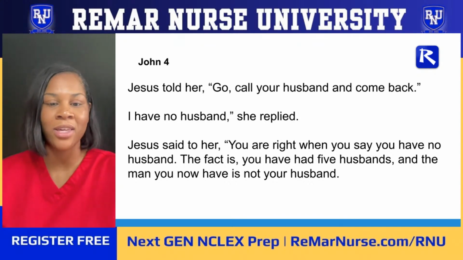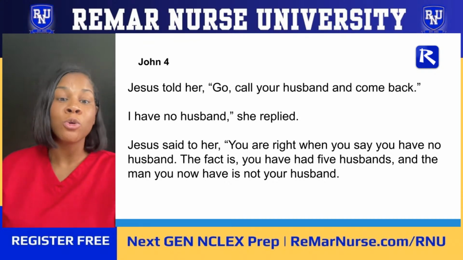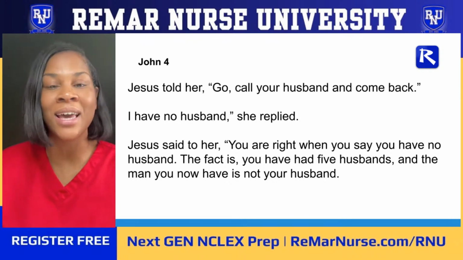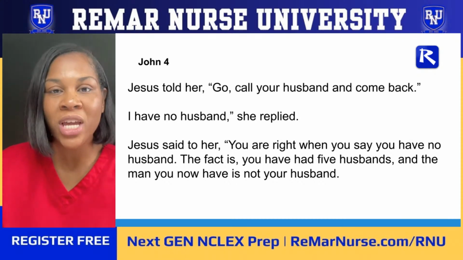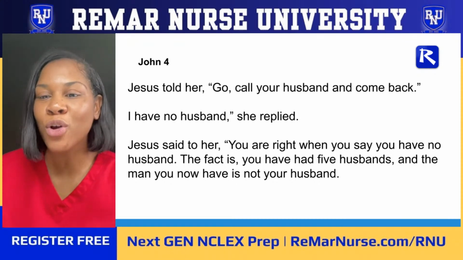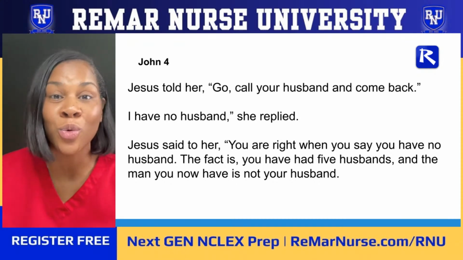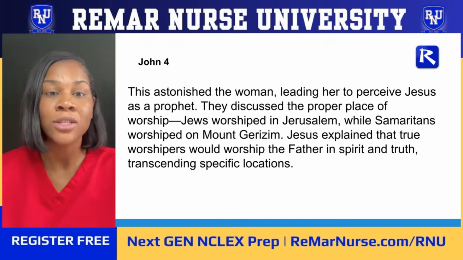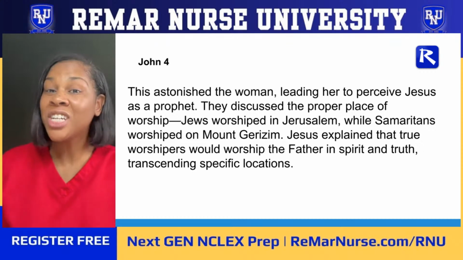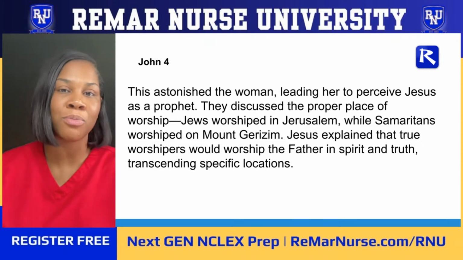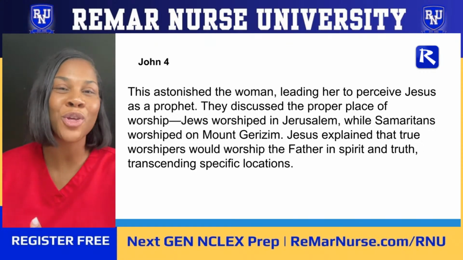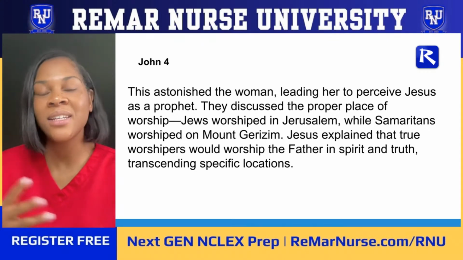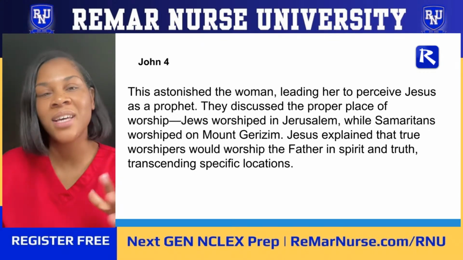Oh man, y'all have no idea. And so she has to reconcile to herself, because if somebody came at you and said that what you're doing is wrong and you keep doing it over and over again, you're going to die doing it the wrong way, you can get offended. Right? You can get offended. And so the woman, astonished, she comes to understand that this man is a prophet, right? She says, "For you to know that about me, you must be a prophet." And then they discussed where you should worship God and all these things. But Jesus says,